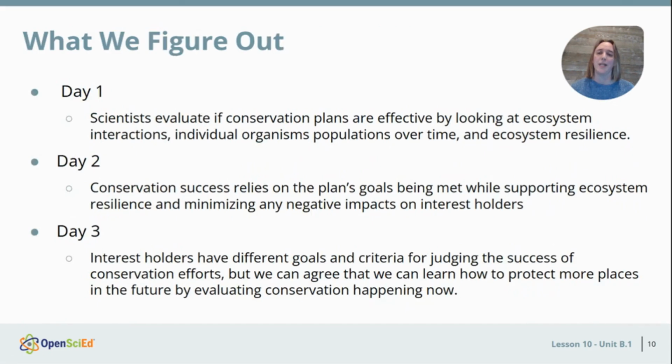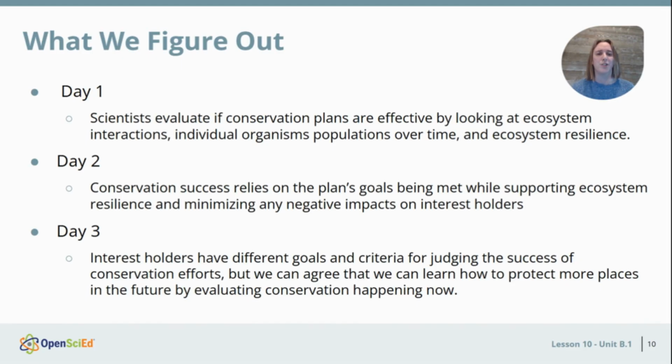So in summary, on day 1 of Lesson 10, students are introduced to conservation efforts in their original conservation profiles from Lesson 1 and figure out that scientists use ecosystem interactions, individual organism population over time, and ecosystem resilience to evaluate conservation plans. Then on day 2, as we prepare our presentations and present our findings to each other, we